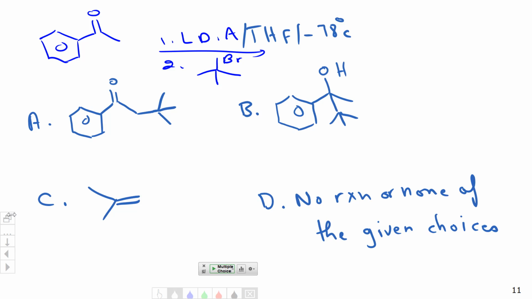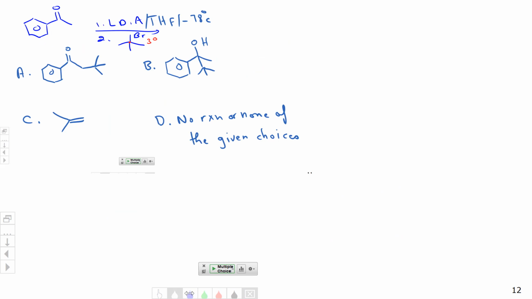So, first of all, let's talk about the obvious, that the alkyl halide is a tertiary alkyl halide. It's part of the limitation, which is that a tertiary alkyl halide, instead of undergoing substitution, undergoes elimination. So it's not going to take substitution, so it's not going to be B or A. What's going to happen is the first step, the obvious, which is the formation